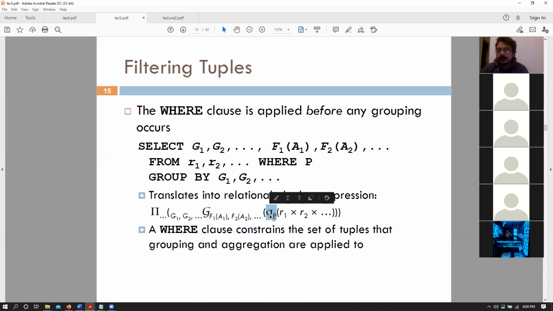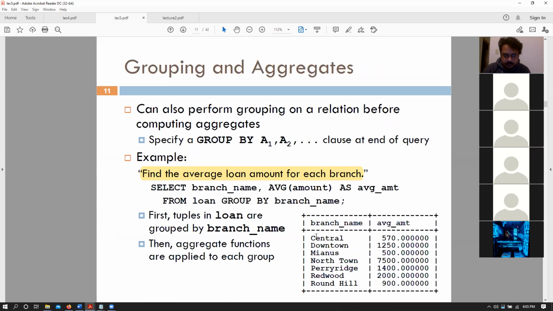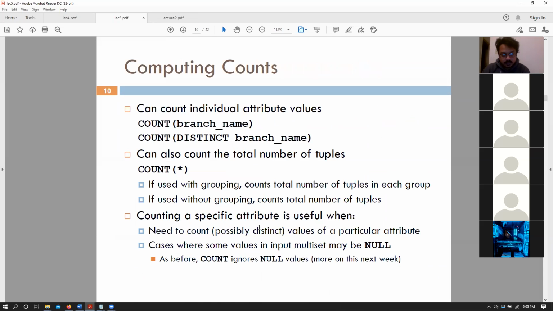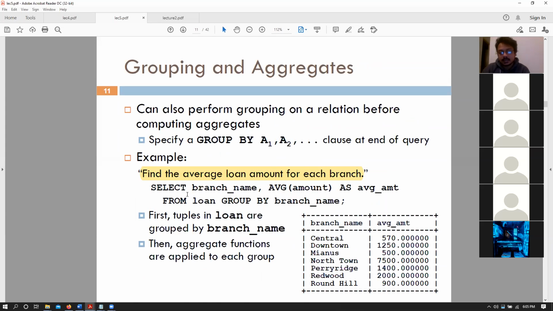That means that if we have any aggregate operations in my group by statement, I cannot use that in my where statement. So for example, I cannot say select blah blah blah from this table where the sum of the table is this, or the average of the branches is this, where branch name, group by branch name. Let me get back to the branch name example.